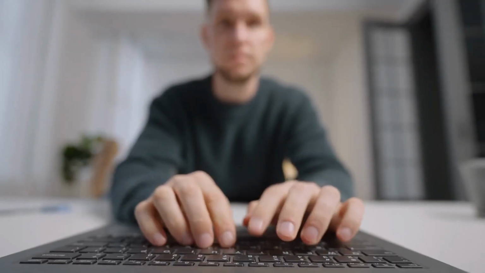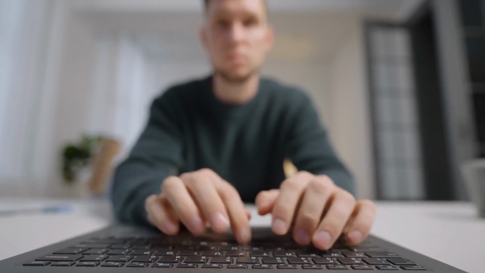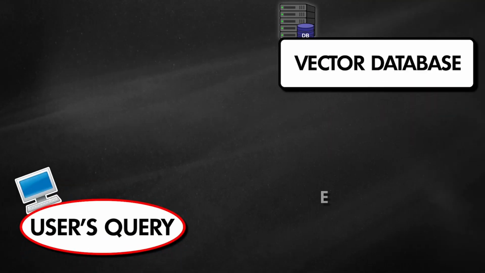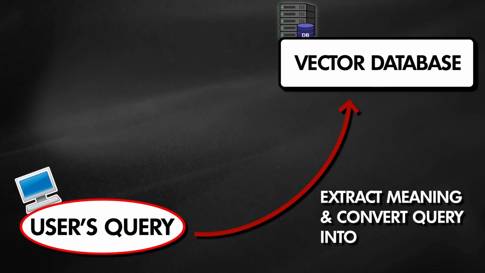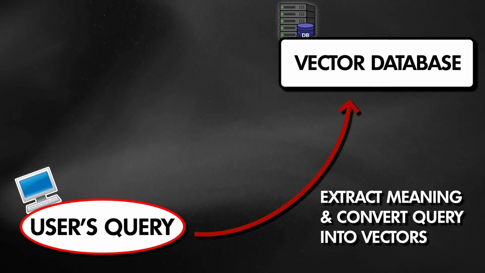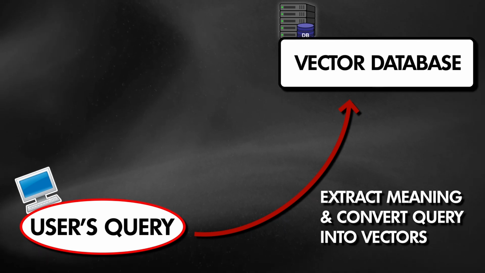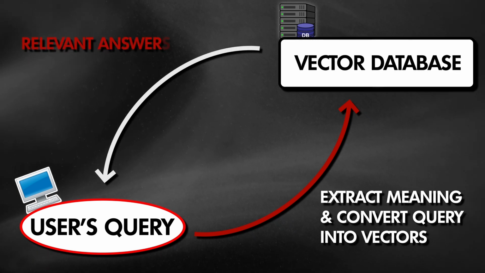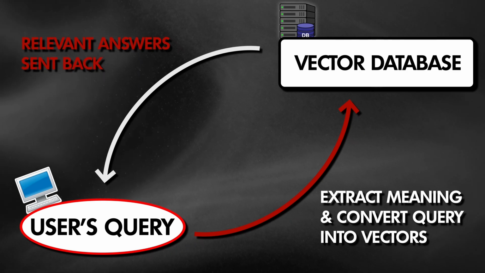A vector database is super handy because when one of your app's users types in a search phrase or a question to a chatbot or whatever else, you can extract that meaning from the phrase they just typed through the same vectorization process and then feed those numbers into your vector database. And your vector database can then analyze all its contents and spit back all of the most relevant answers you've stored. It's pretty awesome how this all works together, and I've probably bored you enough with how it works technically,